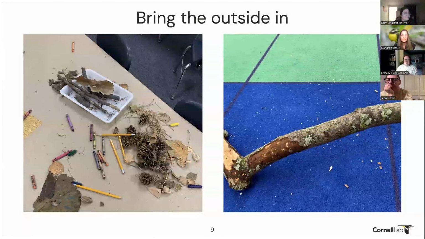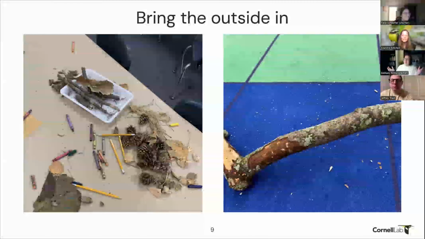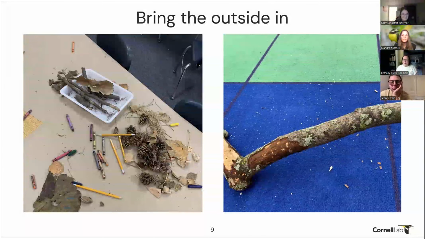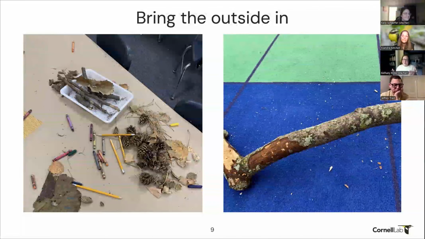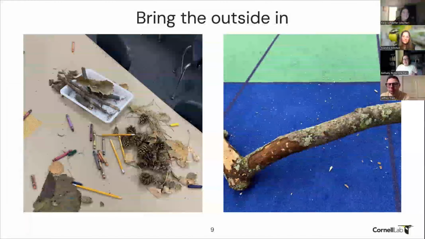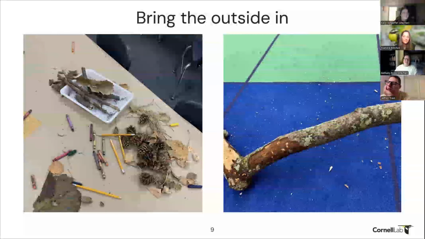On the right is a partial picture of a tree limb. It was a windy day and I found it next to my car. Luckily it didn't break anything. I threw it in the trunk of my car and brought it to a group, and they were astonished and immediately engaging with, why is this part different than this part? This part's bare, this part's not. There's stuff here. Is it the same stuff that's over there? Just the amount of observation that immediately happened when I brought this stick that would have outside just been a stick, but inside became something just incredible. It's amazing.